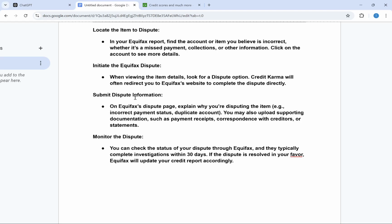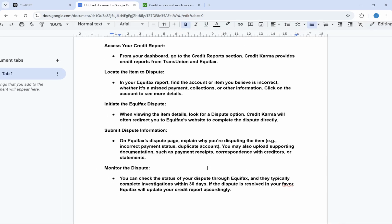Once you submit the dispute, you can also check the status of your dispute through Equifax. They typically complete investigations within 30 days. If the dispute is resolved in your favor, Equifax will update your credit report accordingly. So that is how you can dispute